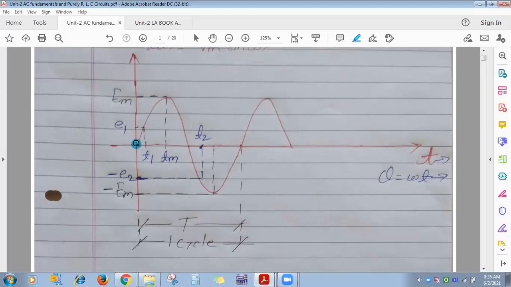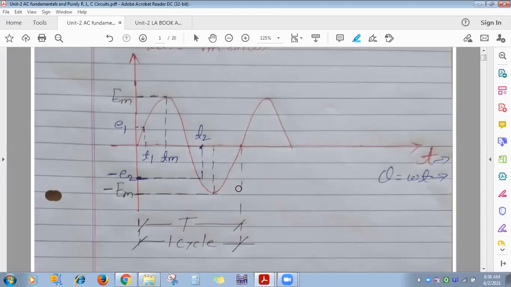What does it mean? Like this, 50 cycles. This is the one cycle. Like this, 50 cycles that single phase AC voltage completes in 1 second. That is the meaning of 50 hertz frequency, cycles per second. And you can see here, the more the time period, the more time it will take to complete one cycle, and the lesser will be the frequency, because frequency and time period are inversely proportional to each other.